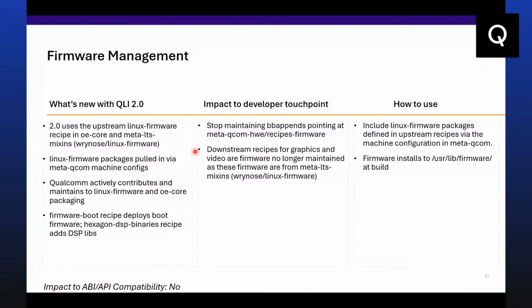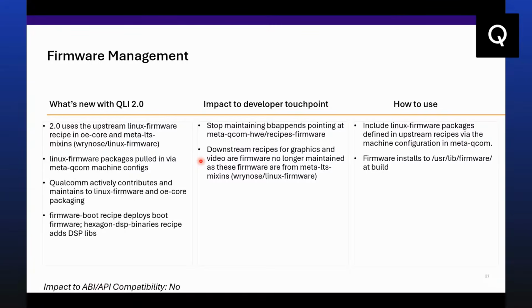So key changes that developers need to be aware of. So you don't need to maintain any sort of BB appends in your BSP layers, or you don't need to rely on Meta-Qualcomm HWE from Qualcomm Linux 1.0. There's no separate recipe because we have everything, as I mentioned earlier, in the OE core and Meta LTS mixins. And there are no more downstream recipes for graphics firmware or video firmware because everything comes from the true upstream